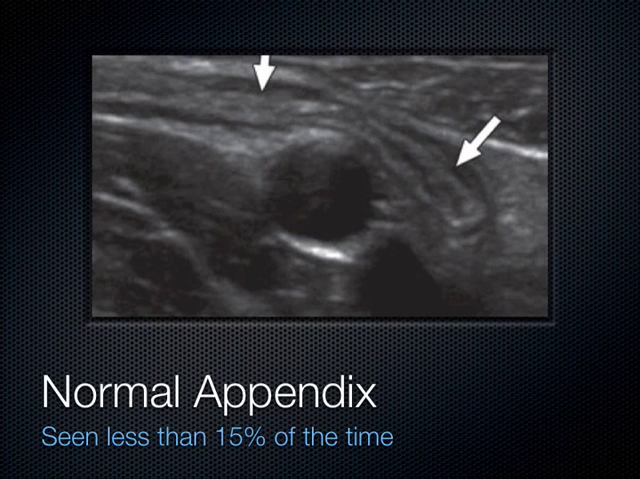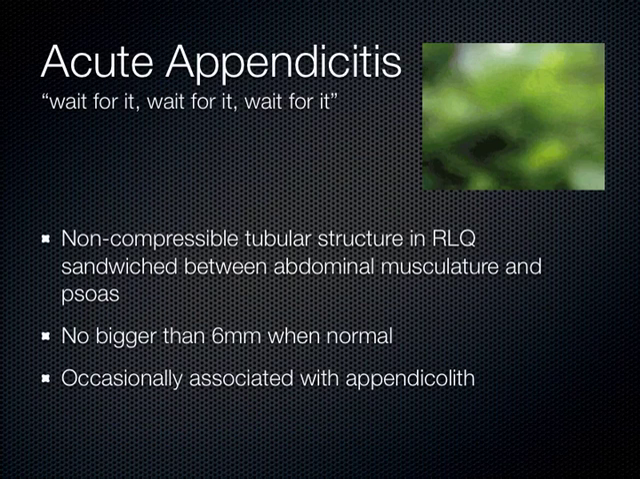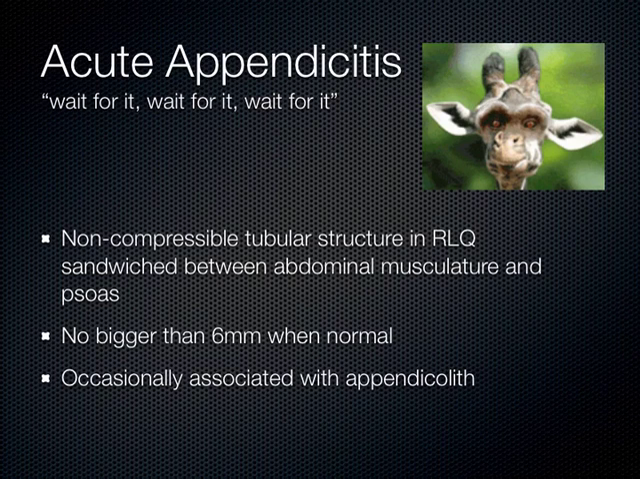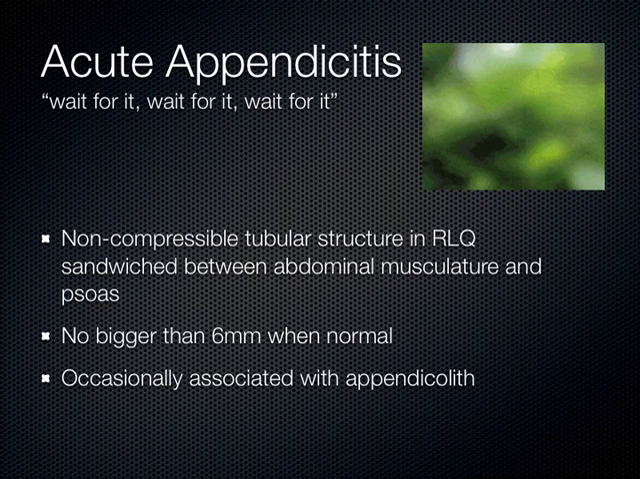Now, when you look for appendicitis, what you're trying to do is compress the abdominal wall musculature down to the psoas muscle. And if you wait for it and keep compressing, eventually you'll see that little appendix pop its head out at you, and then as soon as it's there, it's gone again. So hopefully you were recording it, but it gets sandwiched between the abdominal wall musculature and the psoas muscle. It should be no bigger than 6 millimeters when it's normal, and occasionally you can see an appendicolith, which translated